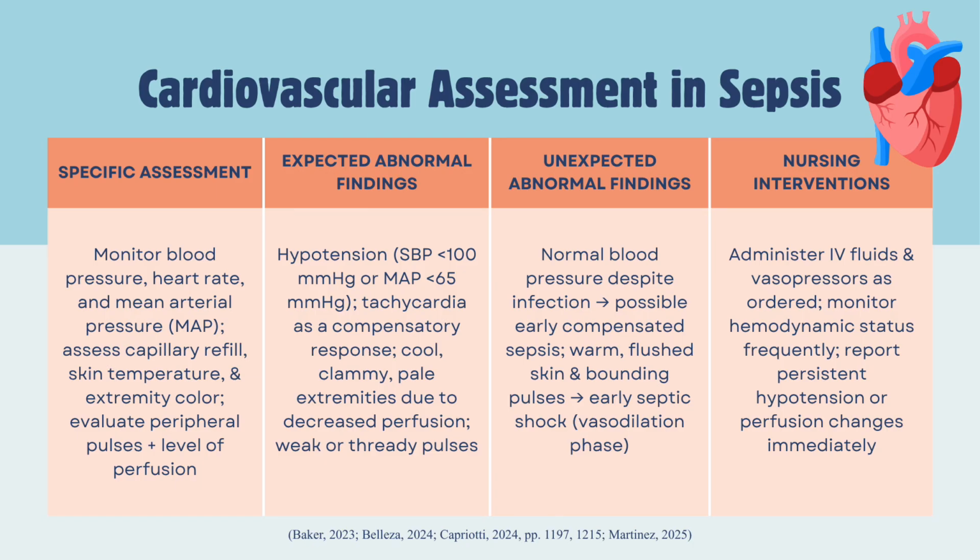Tachycardia is commonly present as a compensatory response to maintain cardiac output. Patients may also present with cool, clammy, and pale extremities due to decreased perfusion along with weak or thready pulses. Unexpected findings can include a normal blood pressure despite the presence of infection, which may suggest early compensated sepsis. Alternatively, warm flushed skin with bounding pulses may indicate the early vasodilatory phase of septic shock. Nursing interventions include administering IV fluids and vasopressors as prescribed, closely monitoring hemodynamic status, and promptly reporting any persistent hypotension